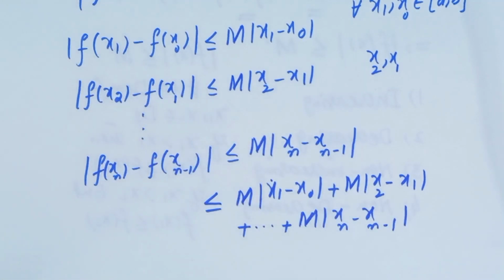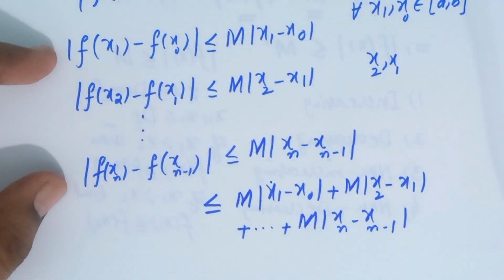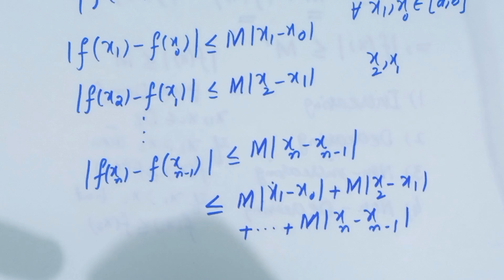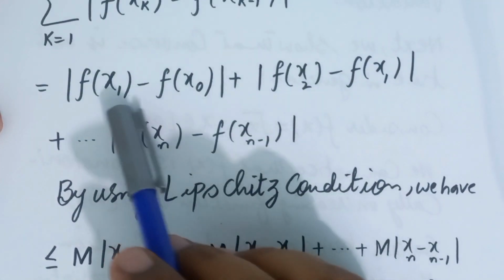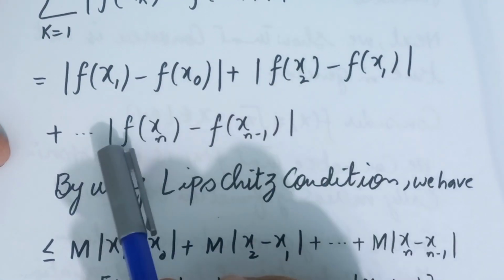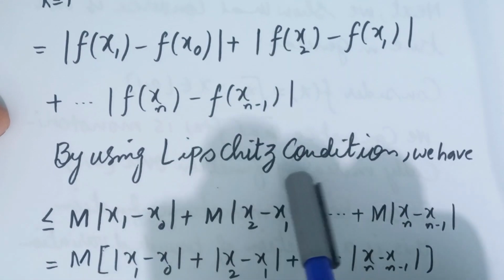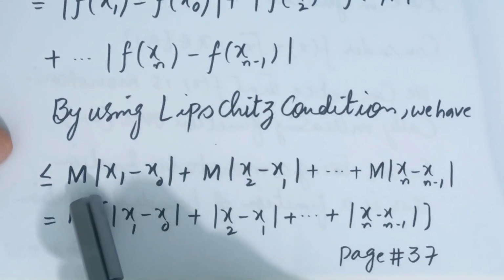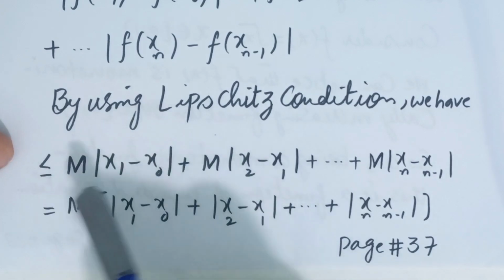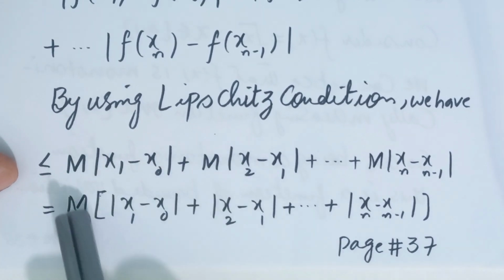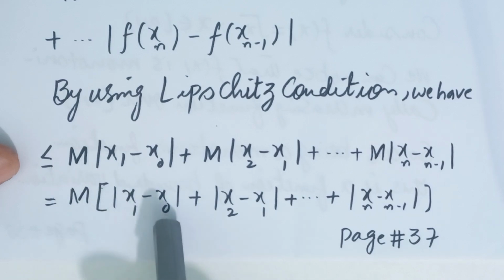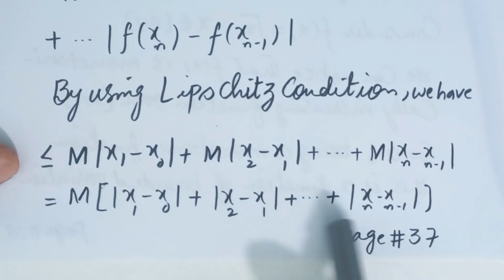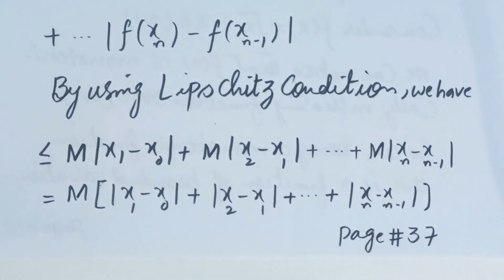Whereas the left side of this expression is the sum of total variation, that is, the sum of absolute f of x1 minus f of x0, plus absolute f of x2 minus f of x1, and so on, after applying the Lipschitz condition that I discussed now. This will be, by taking m as common here, m times the sum of absolute x1 minus x0 plus absolute x2 minus x1, and so on up to absolute xn minus x_(n-1). Next,